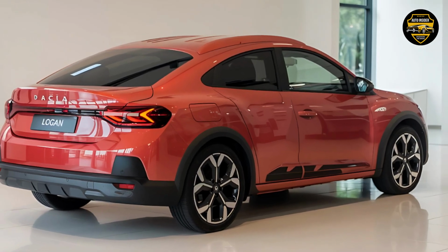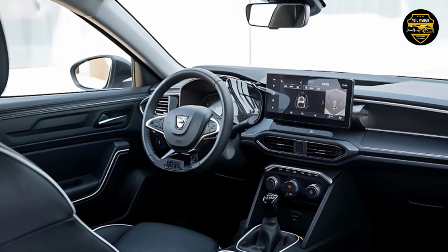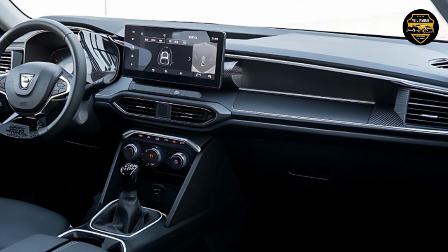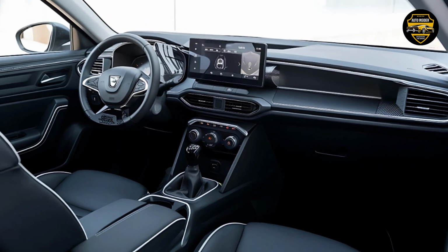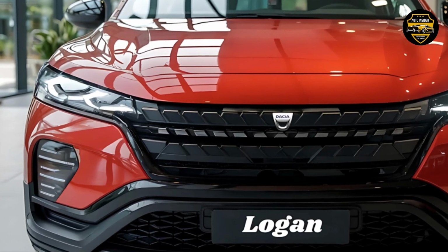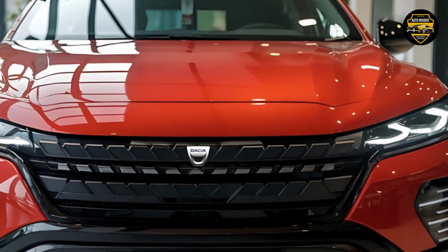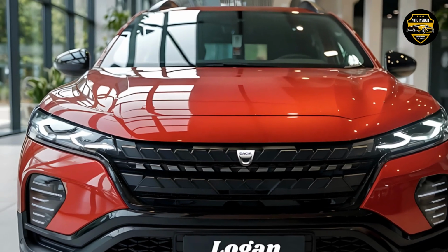to a full-blown SUV. On the safety front, Dacia has stepped things up across the board. The 2026 Logan comes with a reinforced body structure using higher-strength steel in critical areas. And it's now equipped with a more robust suite of driver assist features. Standard safety kit includes automatic emergency braking, lane departure warning, hill start assist, and speed limiter. Higher trims bring in blind spot monitoring, rear parking sensors with a reversing camera, and traffic sign recognition. It's not overflowing with high-end tech, but it covers all the essential bases, and that's a big deal for a